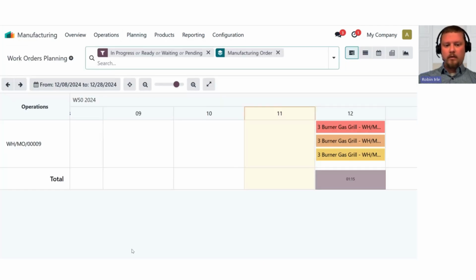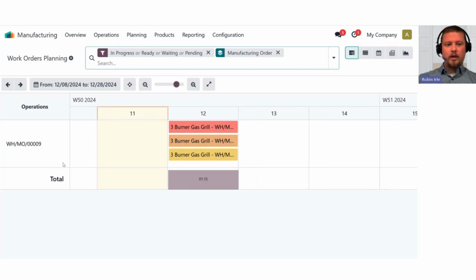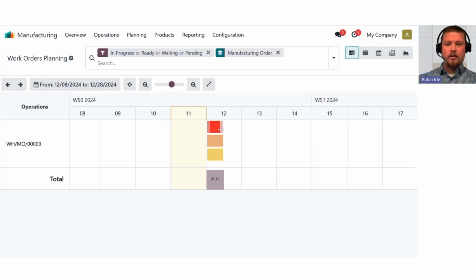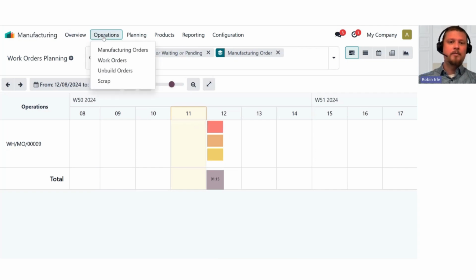I only have this one manufacturing order in here, as you can see, but there are different work centers connected to it. I will jump into this in a second. And from here, we can still move those manufacturing orders from today to tomorrow, or we could even go a little bit deeper and just schedule it for today if there's a different time slot open. But I guess for this, today is sufficient.